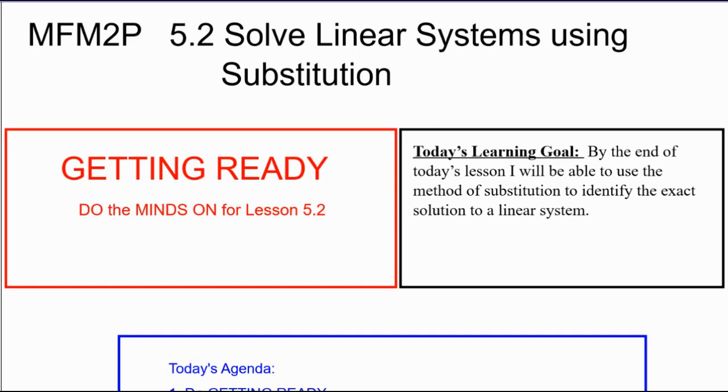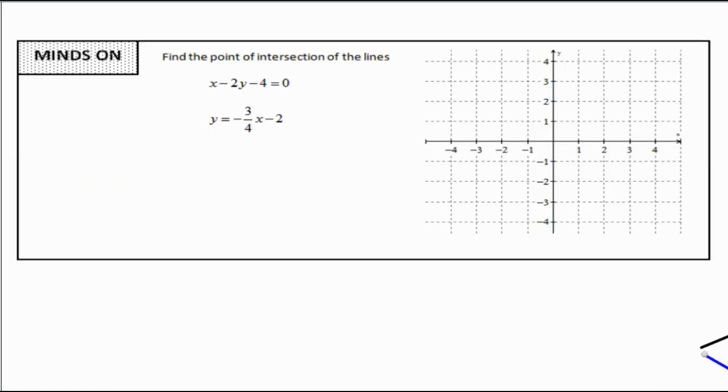of a linear system. If we recall last lesson, a linear system is when two or more lines, linear relations, interact. So they could be crossing, they could be parallel. They sometimes even are the exact same line, but we don't know it by the equation. So where we left off last lesson was taking two lines and graphing them and then seeing where they might meet. So it's much easier when the y is already isolated,